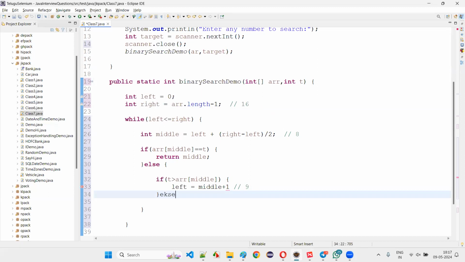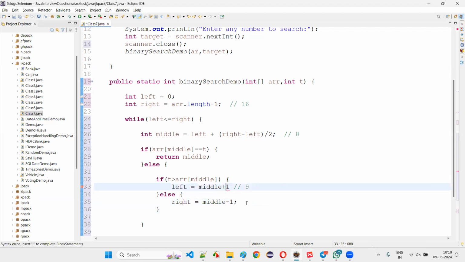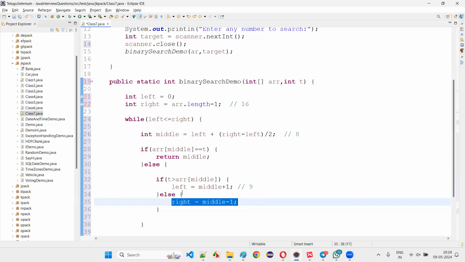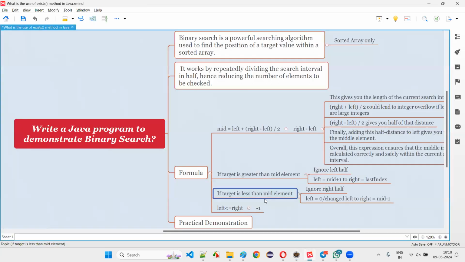Else, if the target is not equal to middle and not greater, in that case the else block will come. In the else block you write right is equal to middle minus 1. Middle plus 1, I'm getting an error. What is it? It's a semicolon I missed. That's the reason. So if that particular target element is not greater than, but it's less than the middle element, then you have to say,